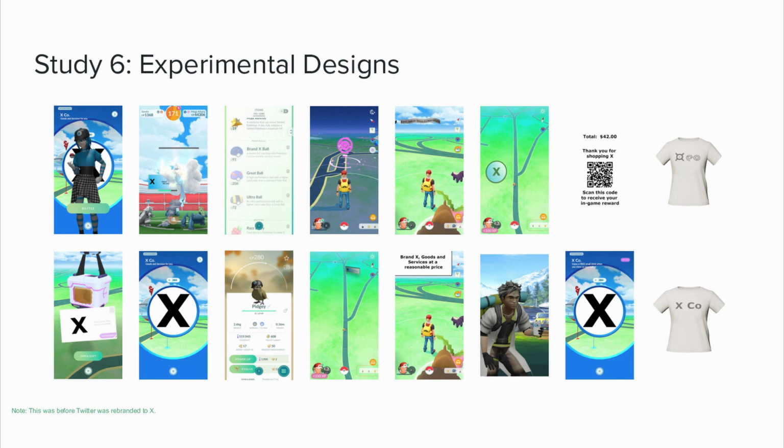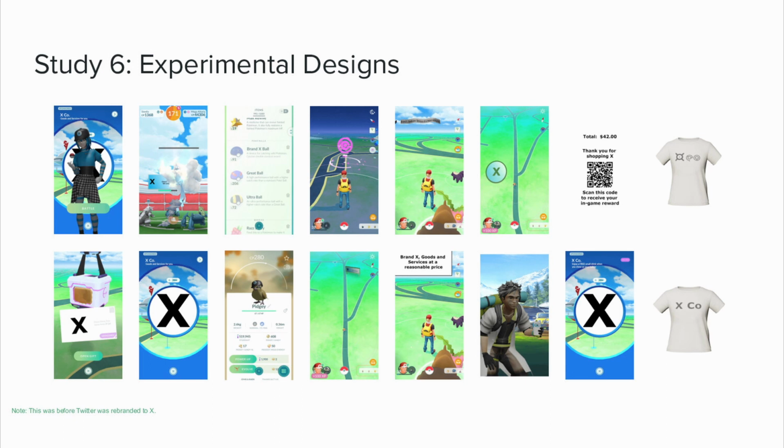And I should also note, I used a brand name, advertising at the time for Exco. This study was conducted before Elon Musk changed the name of Twitter. So, yeah, it's a little less bland a name now than it was before.